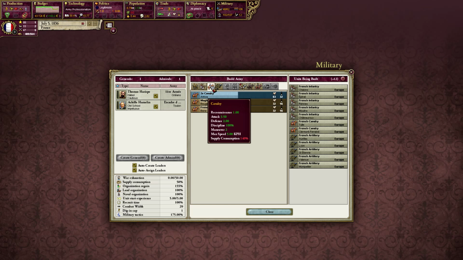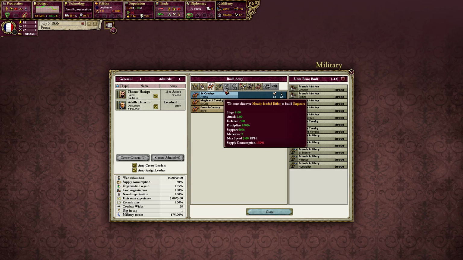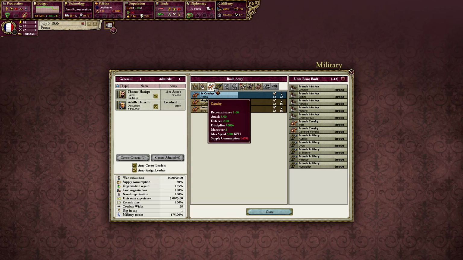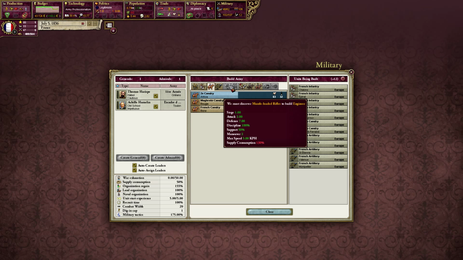Next, for cavalry, we have something that's very important that only cavalry and engineers have, which is reconnaissance. And reconnaissance affects how quickly you can capture a province. So having a troop with reconnaissance or siege, as you can see there, means that you will capture provinces quickly. And the difference between reconnaissance and siege is that siege will also affect if they have forts. Siege is much better at capturing provinces